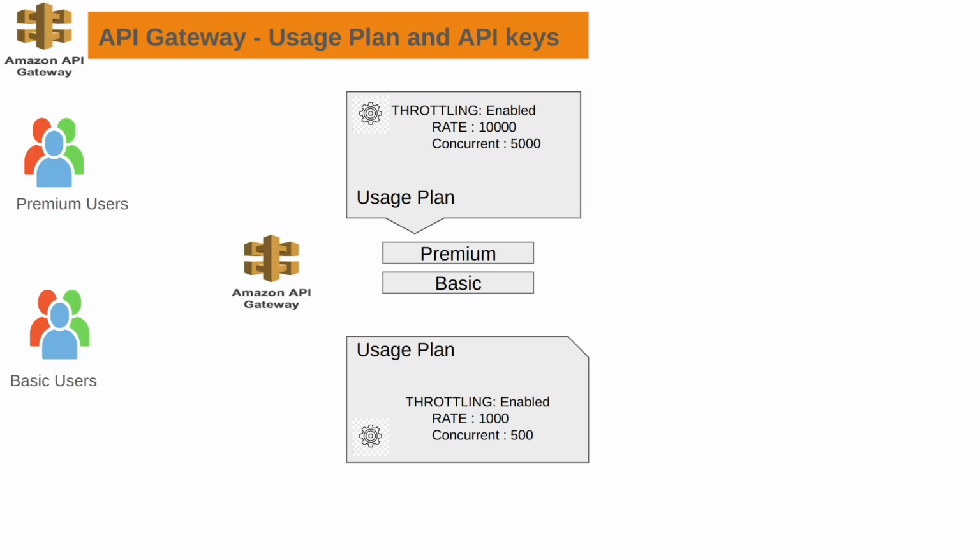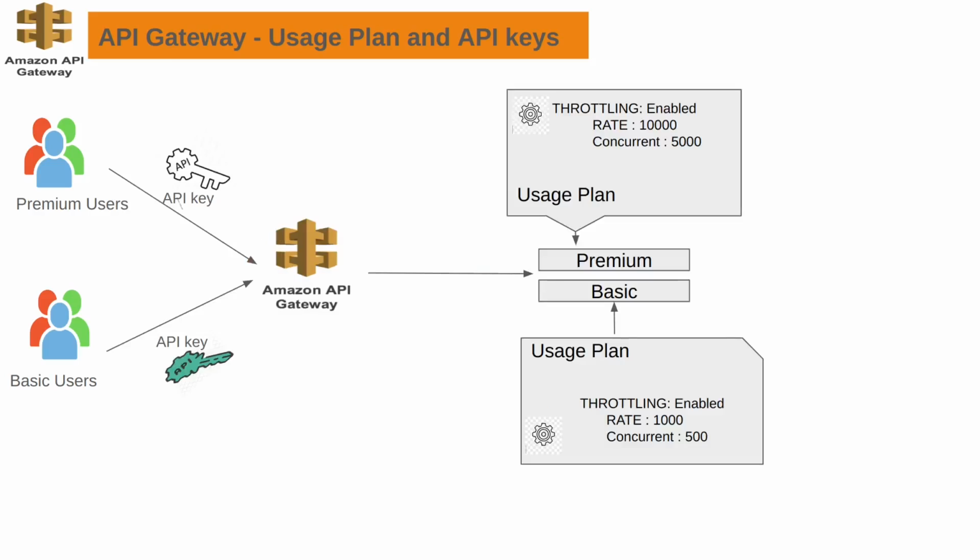And now, how can you identify which user is premium and which user is basic? For that you have to create an API key. So let's say you have created two API keys, one for the premium user and another one for the basic user. So when the premium user calls the API gateway, they need to use the API key in the